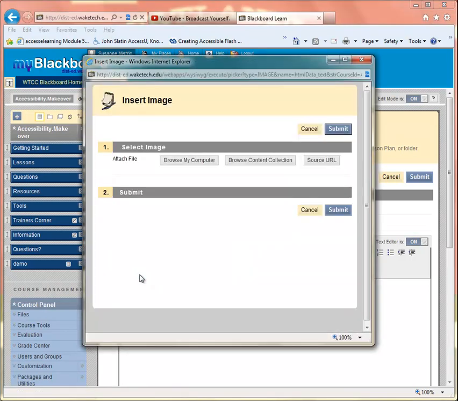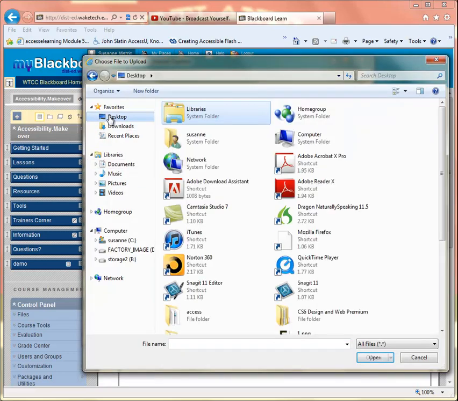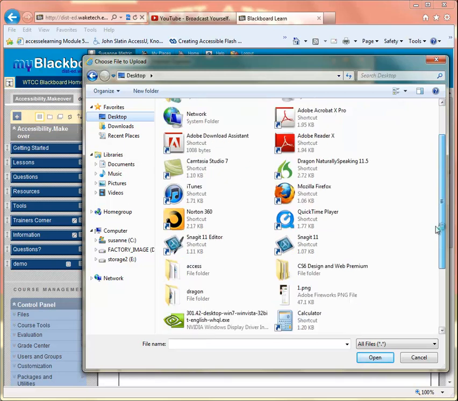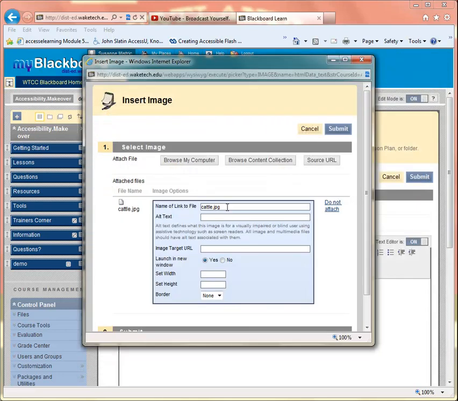I'm going to click my Add Image element. I'm going to browse my computer for the image that I would like to add, which happens to be on my desktop. Okay. Now,